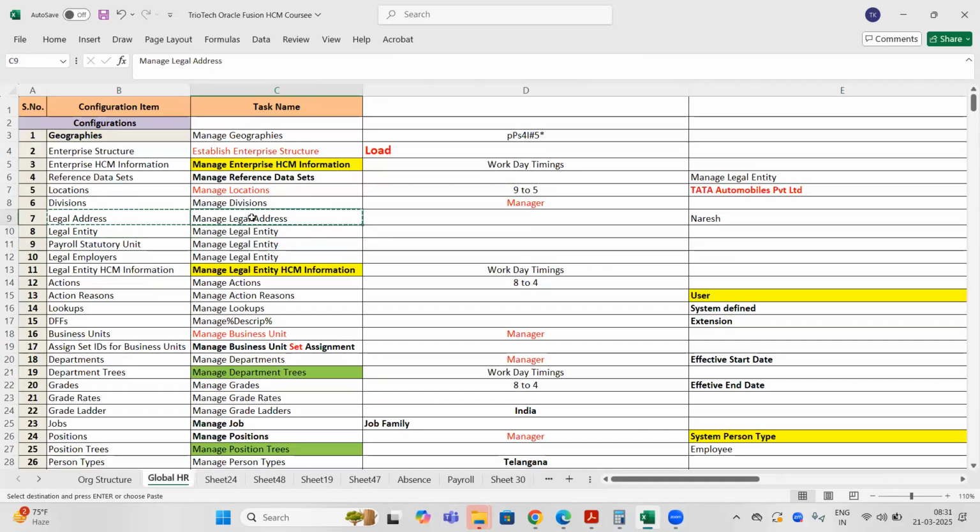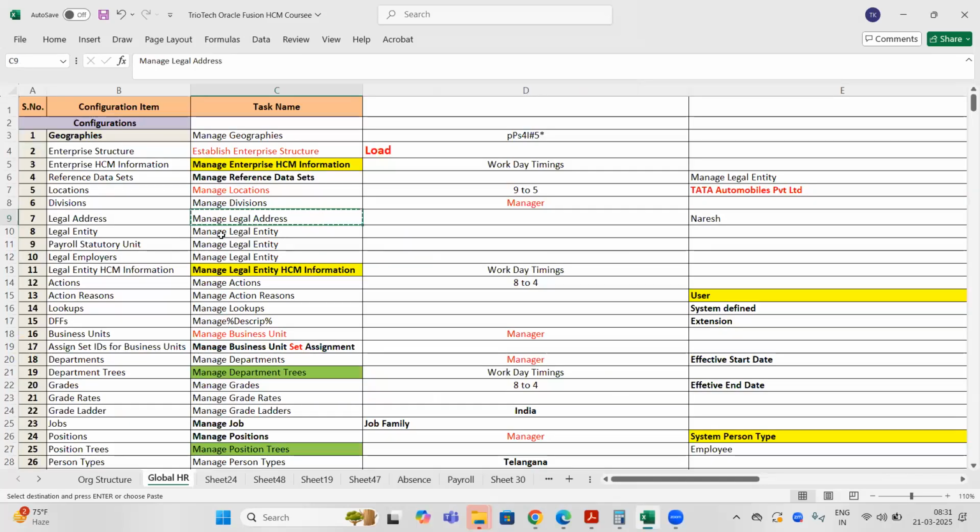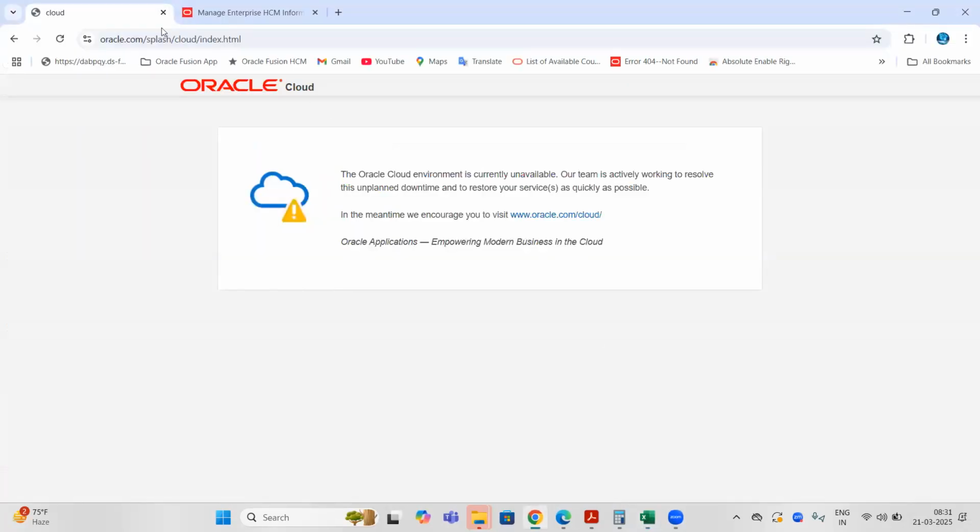So for that matter, first we have to go to manage legal address and be ready. For every legal entity, whatever address we have, we have to create it in the system and be ready. Next, when you go to legal entity and configure it, we have to capture the address details there. So let me start from that. So if I go to the system,